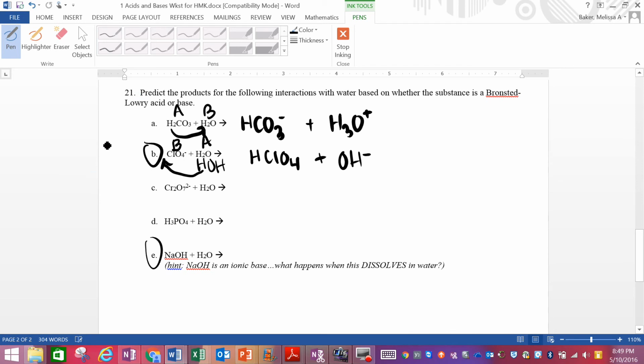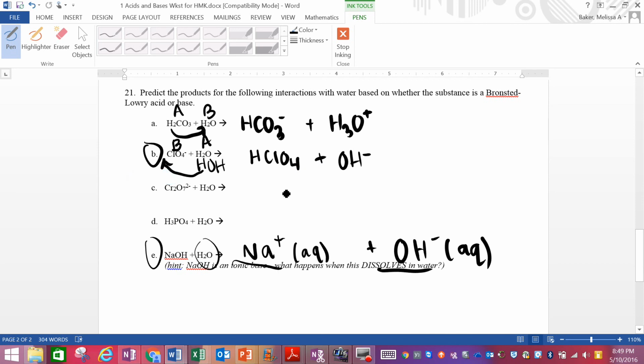Let's skip down to letter E. This is a trick one. NaOH plus H2O, people try and combine it with the H2O, but really what happens is that sodium dissociates from the hydroxide and both of those ions are just dissolved in the water. So you don't have to do anything with the H2O. You just separate out the Na and the OH. Alright, hopefully that will